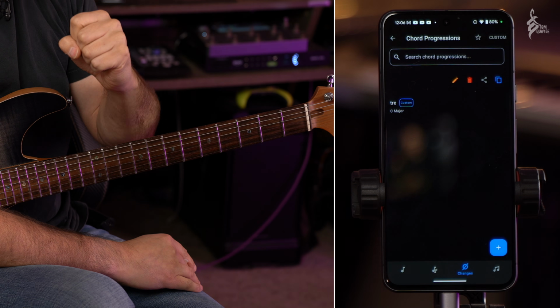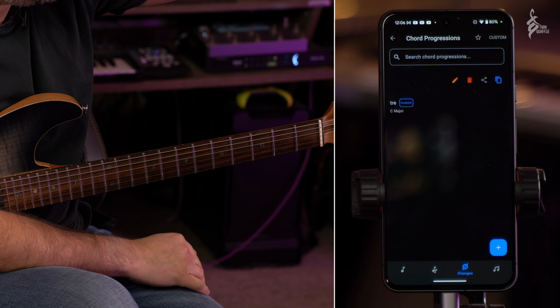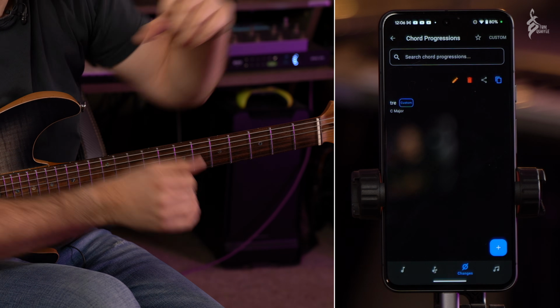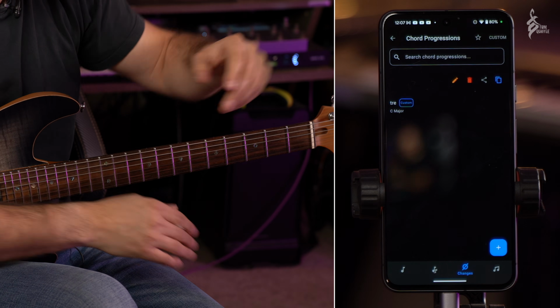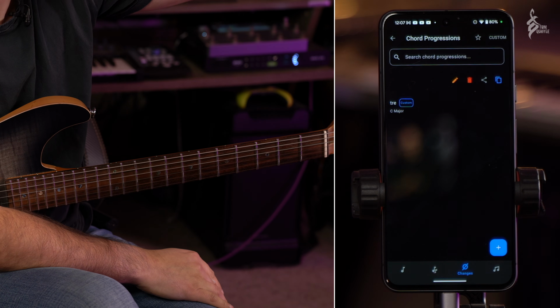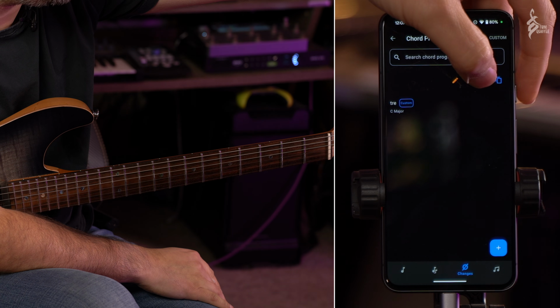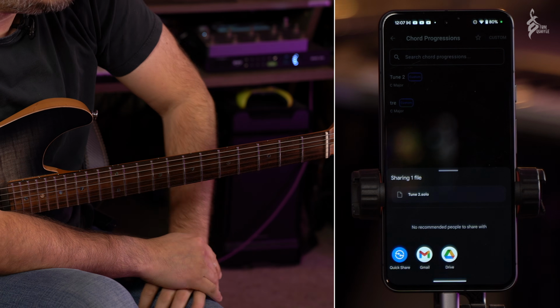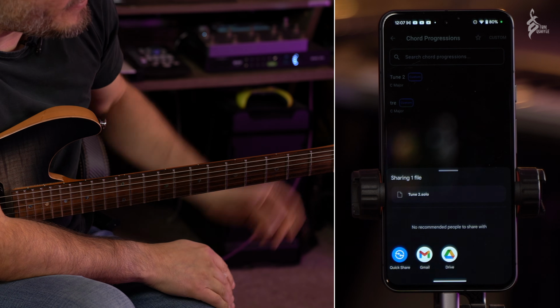The bin lets you delete the chord progression. And then you've got your share and duplicate. So duplicate obviously creates a copy of that existing chord progression, so you can change maybe a couple of chords and save it somewhere else. So if we hit the share here, we can see we share the file, and we can share that file